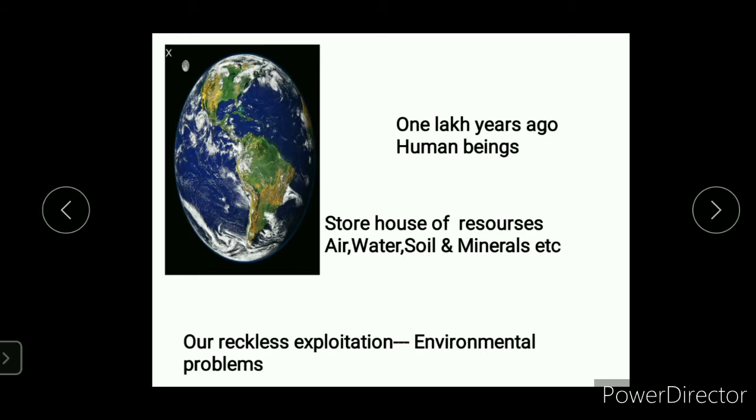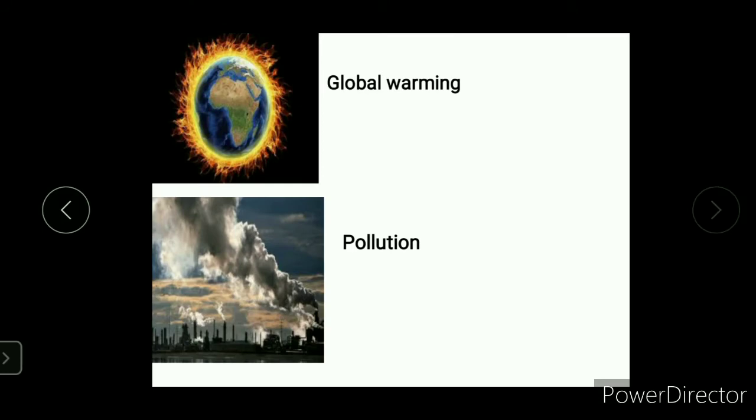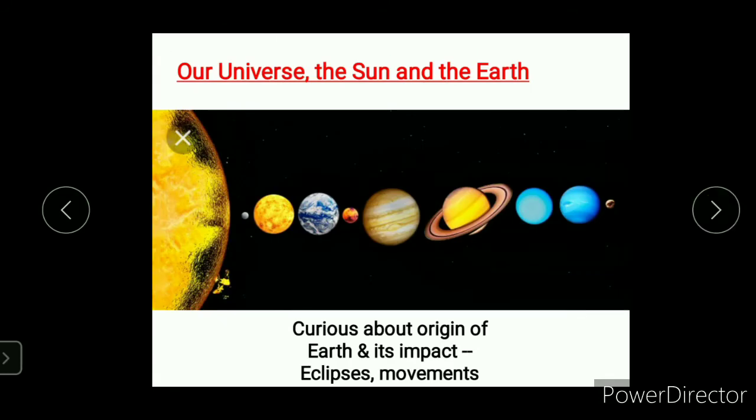There is a slogan, save the earth, save the life. If earth is protected and safe, then our life will be safe. That is a new understanding developed recently after the destruction of a lot of the earth, right? Next, moving to the second topic, that is our universe and the sun,